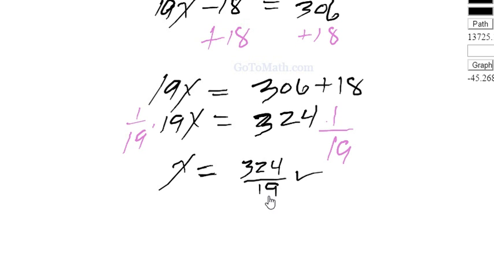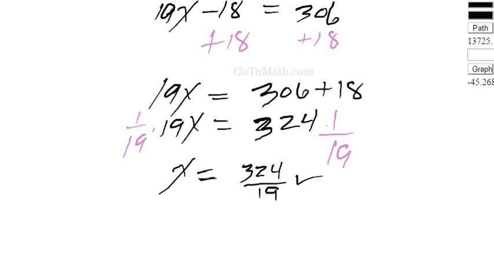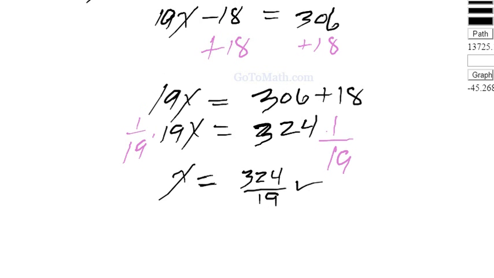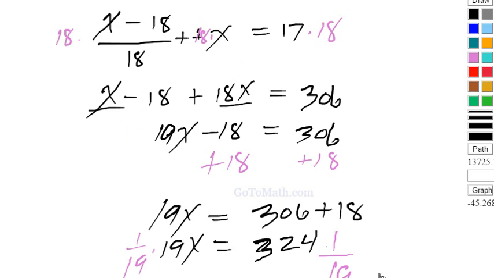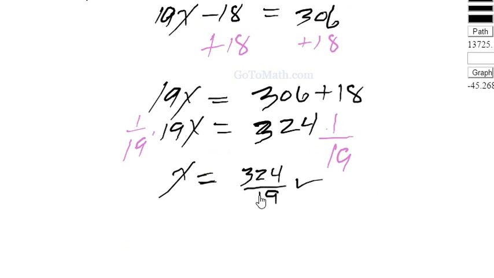We got 324 over 19. Does that reduce down? I don't believe so. 19 is a prime number, isn't it? That doesn't mean that 19 doesn't go into 324, though. I'm sure there's probably some number theorists out there like, oh my God, you can't tell 19 goes into 324. Anyway,